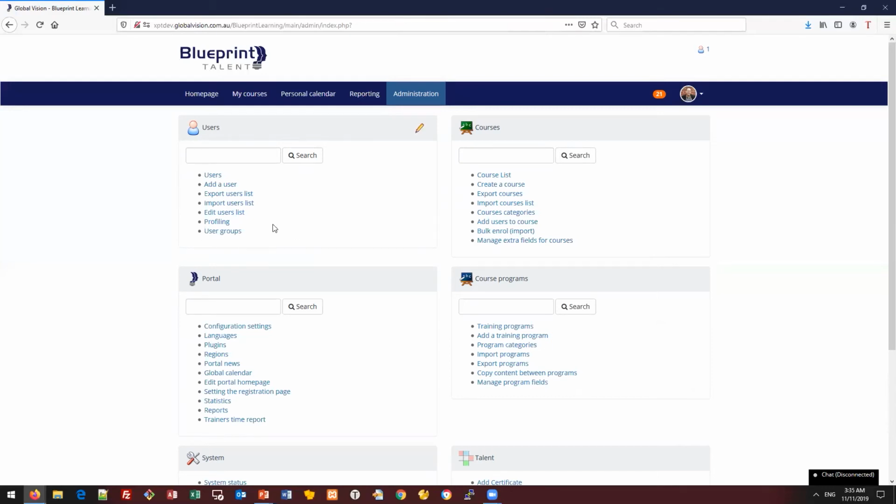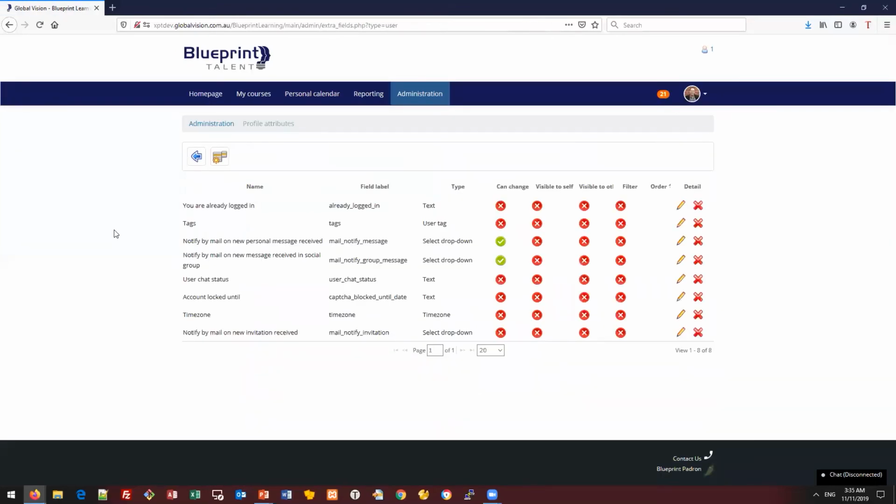Next in the list we have is profiling. Now, profiling is a feature that allows you to add custom fields, tailored fields that you can use to store extra information about a user in the user profile. So let's create one to see how this works. I'll click on this asterisk icon button,